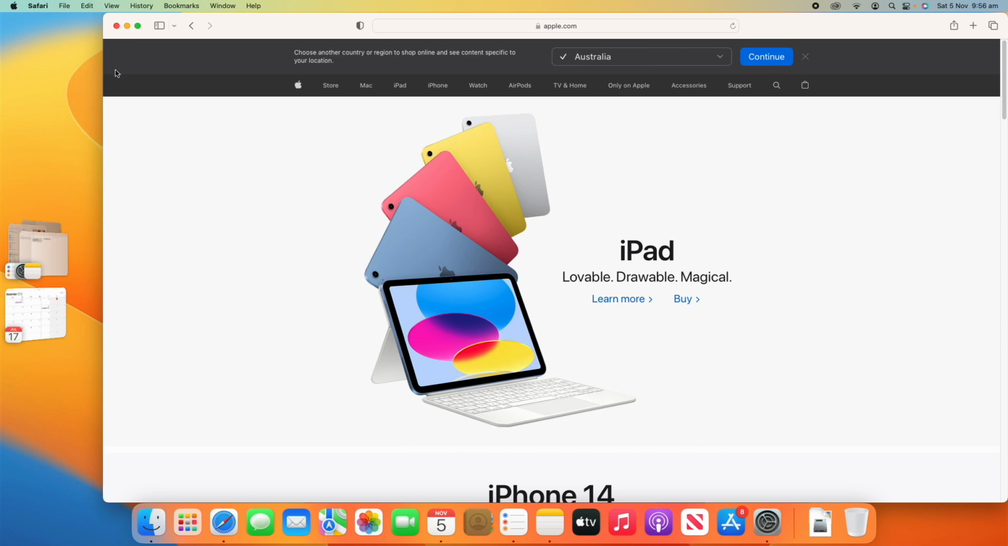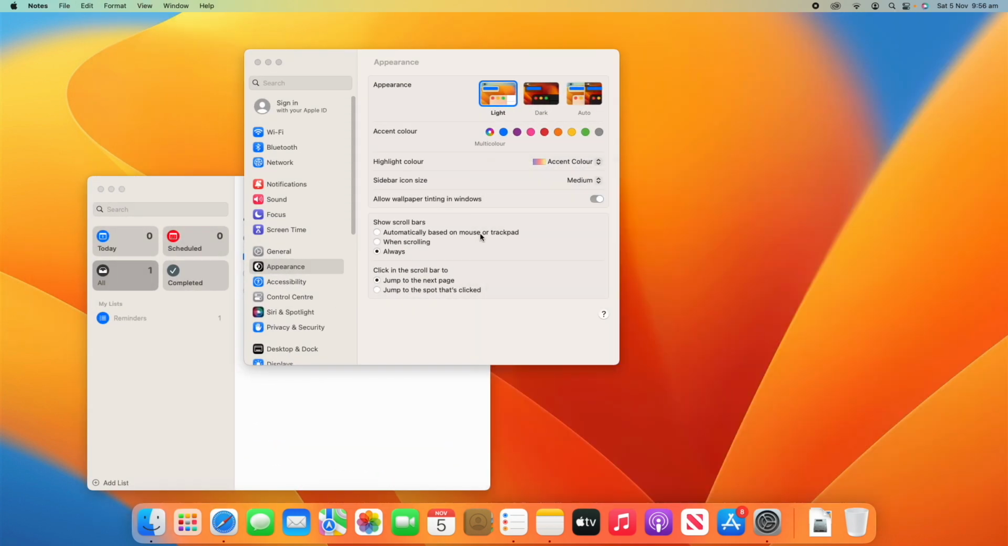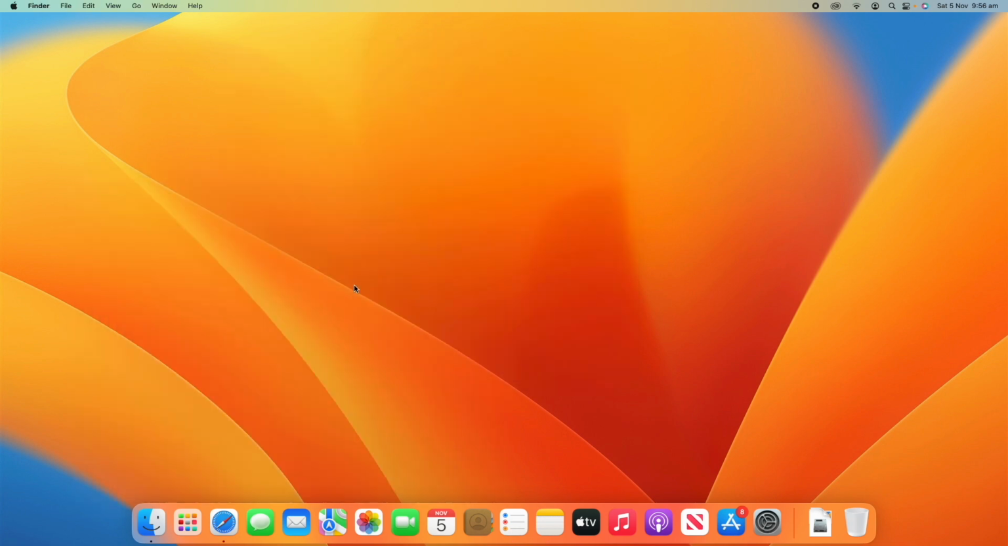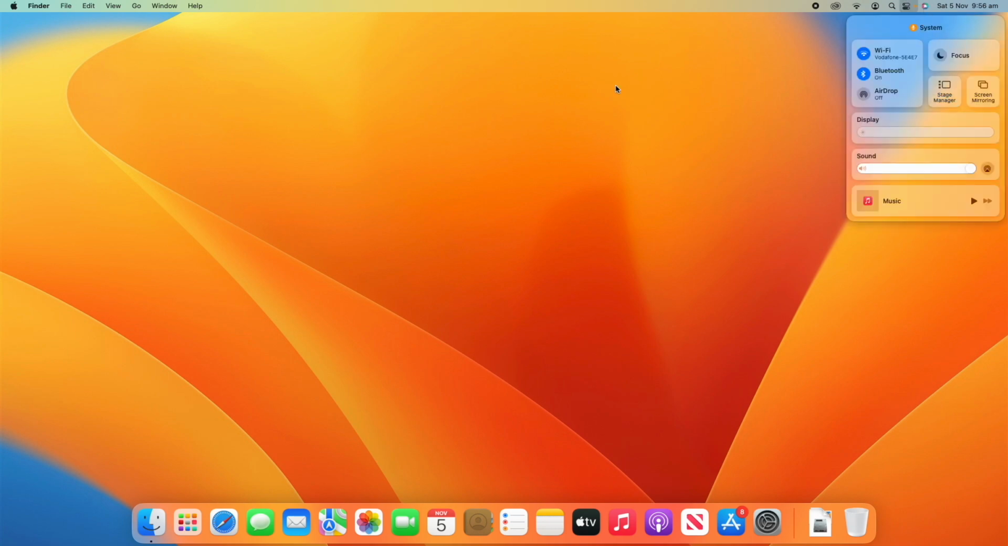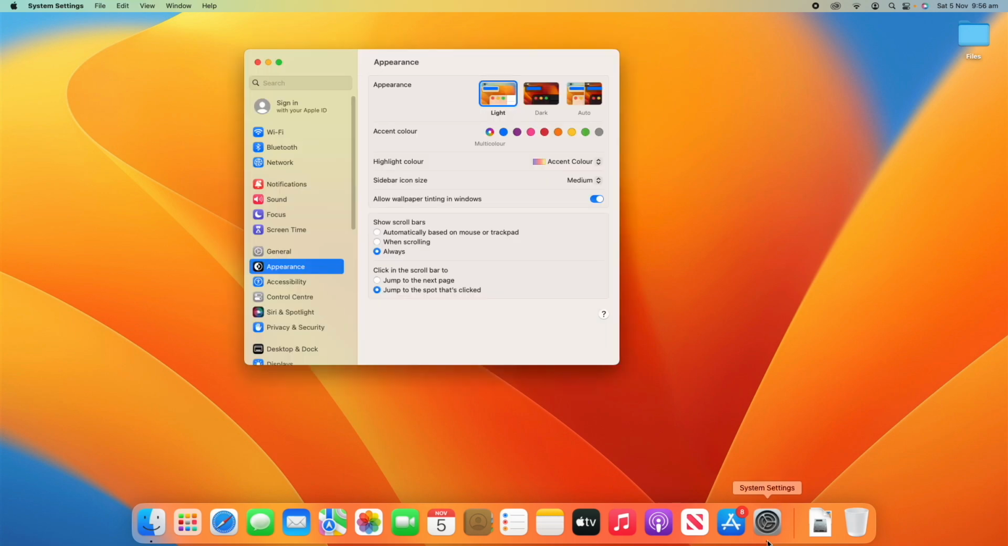Alright, so now that we can see how Stage Manager sort of works, let's close out of some of these apps now, and I'll show you some of the different settings. So if we head over, I'll just turn off Stage Manager for now. If we head into System Settings here,